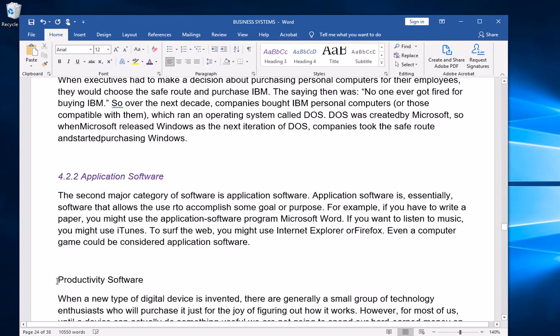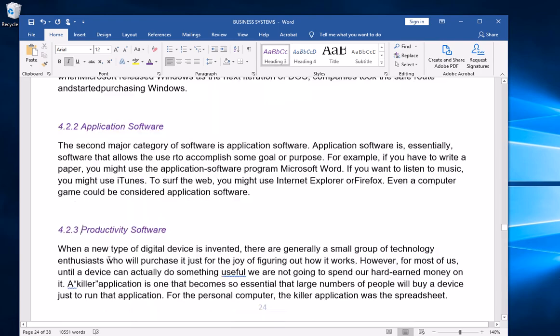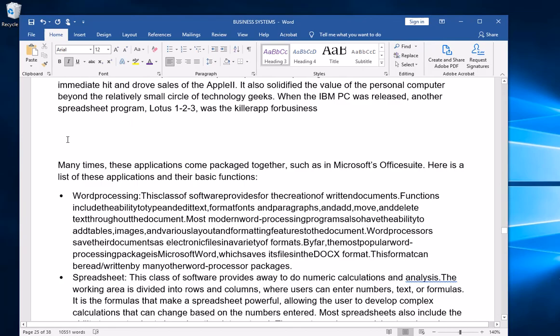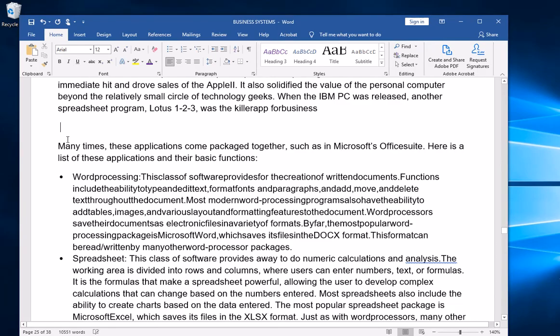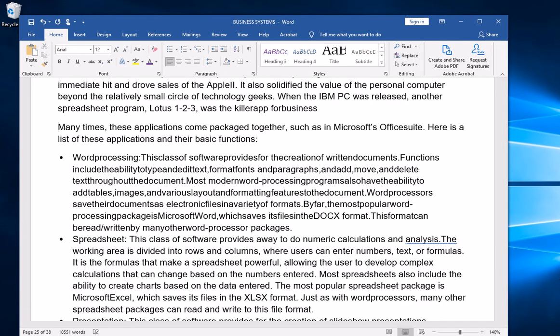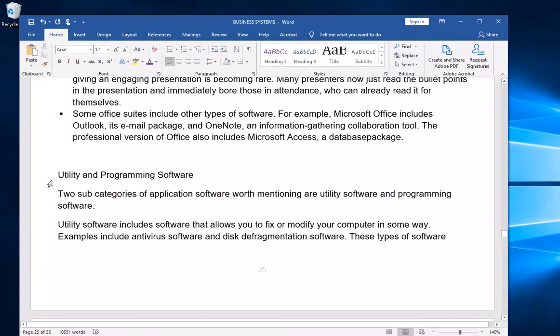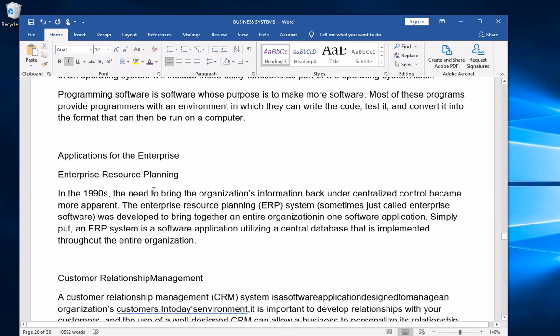This one is going to be 4.2.3, and this one is also going to be heading 3. Okay, let me reduce the space here. This is going to be 4.2.4. This is all under software. Okay, and on. Okay, applications for the enterprise, we're going to call this